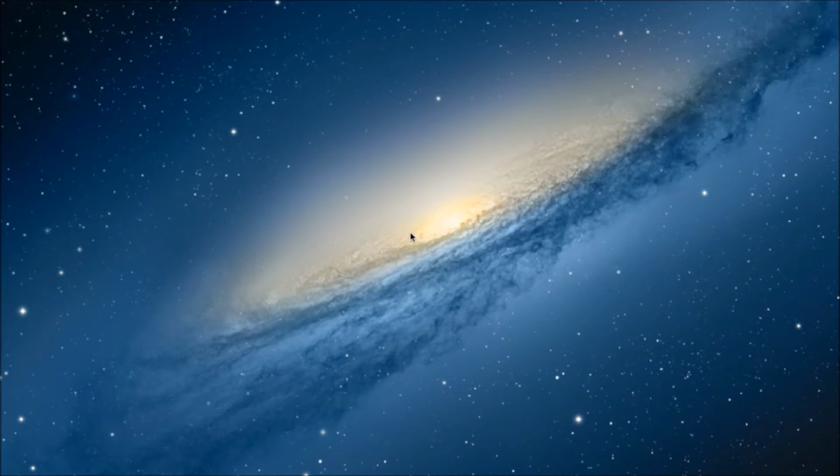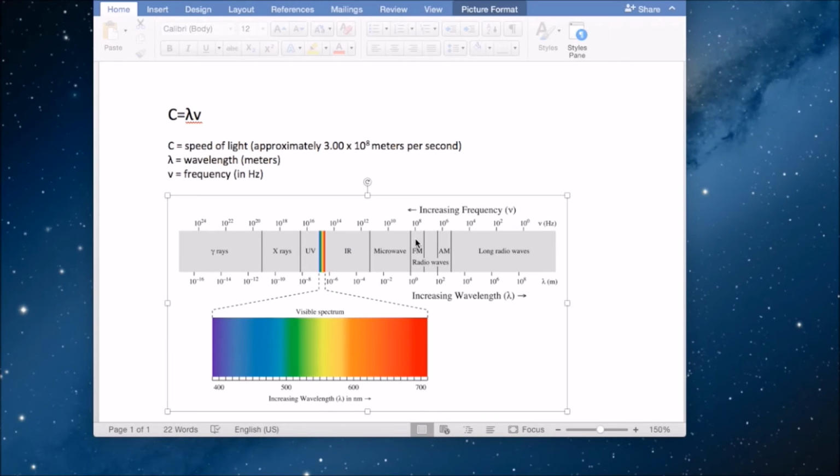In this demonstration, I will show how light acts as a wave in an experiment called the double slit experiment, in which quantum interference is observed. For these demonstrations, we have to understand light on the visible spectrum. On one side, we have violet light, which has the highest energy and shortest wavelength. Each color down the spectrum has less and less energy until we reach red, which has the least energy and